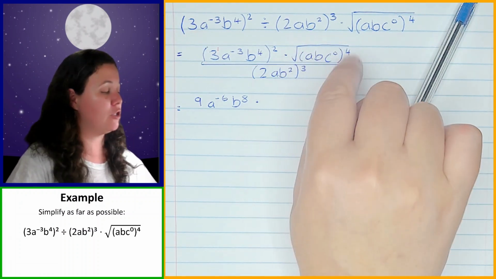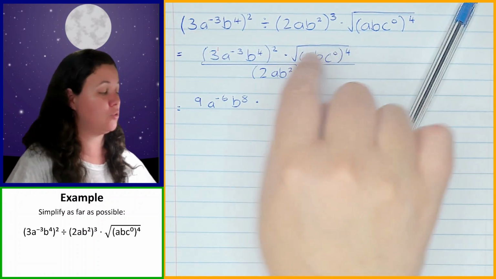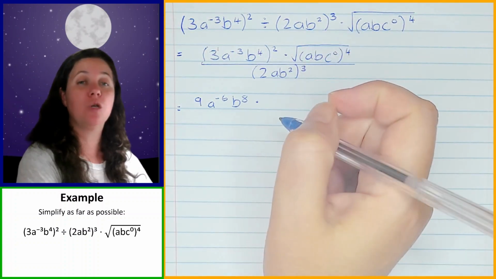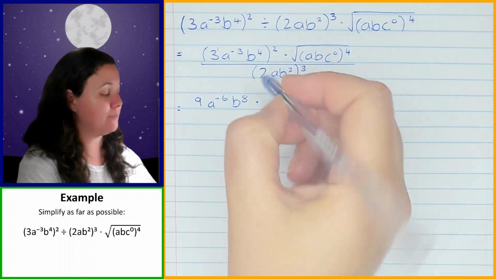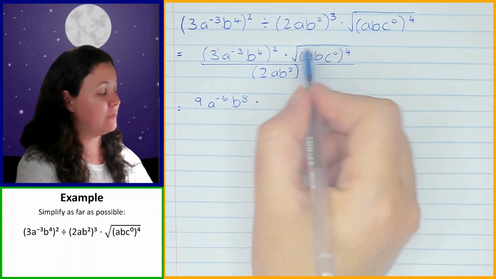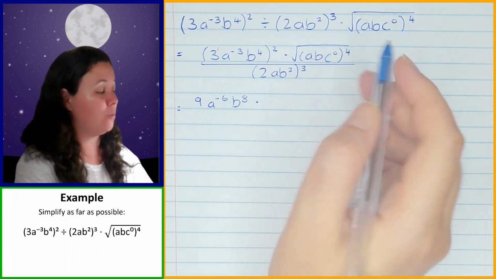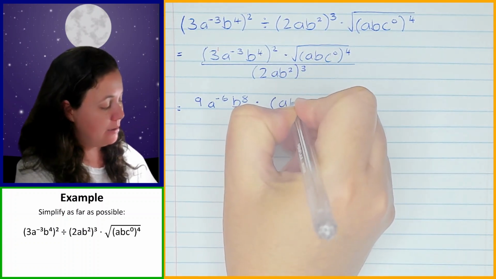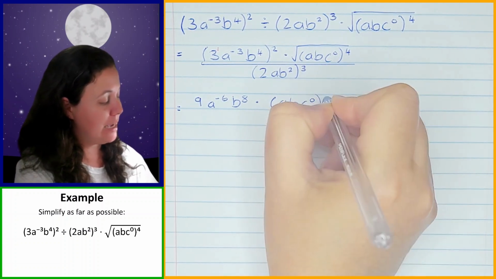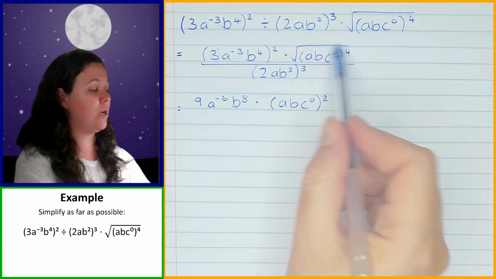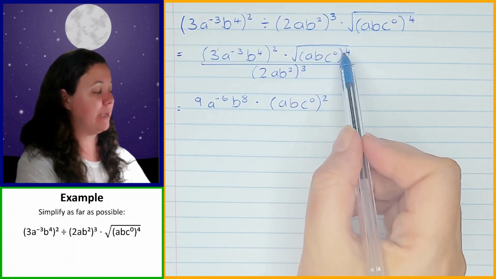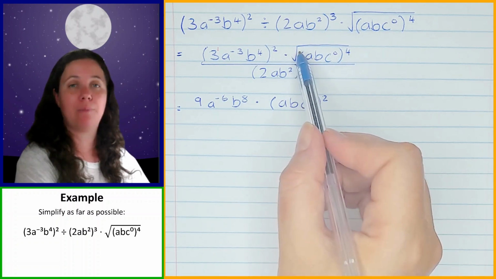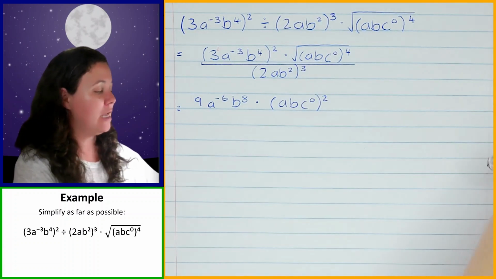So I can take the square root of that because this is an even number. I can do it because it's the square root. So I'm going to be dividing by 2. Okay, so it's up to you which way you want to do it. It doesn't really matter either way. So what I'm going to do is I'm going to take the square root, and I'm going to divide that 4 by 2, and I'm still going to have brackets then. So it's going to be a, b, c to the power of 0, and that's to the power of 2, because now I've taken the square root. So this power's base is a, b, c to the power of 0. The exponent is 4, and I'm dividing that by the root index, which is 2. Okay, so that is over